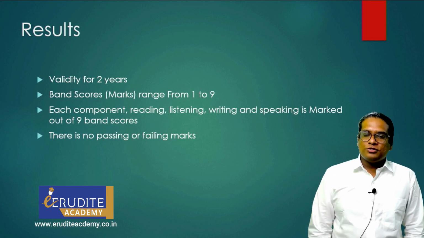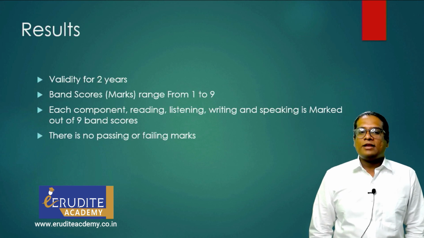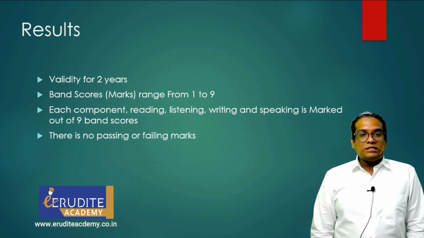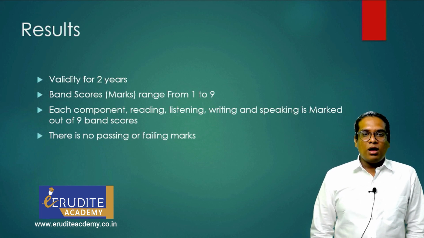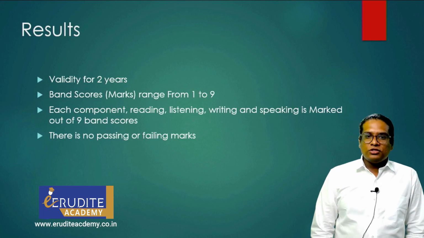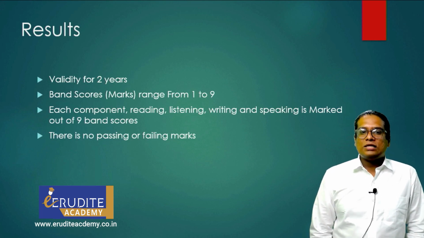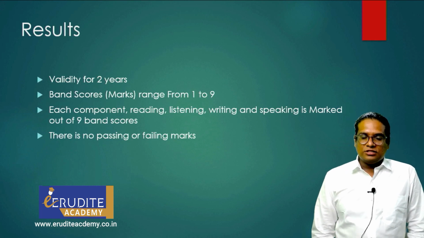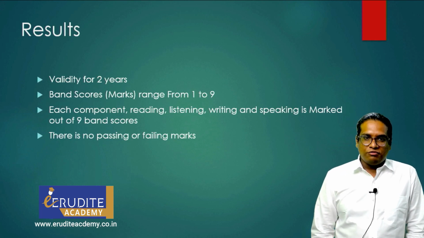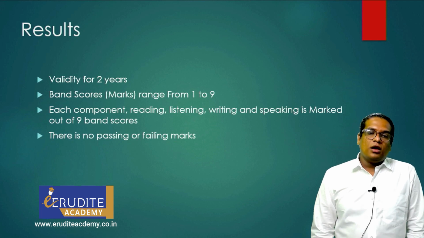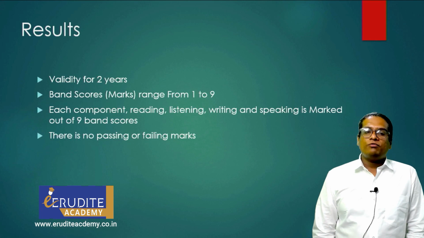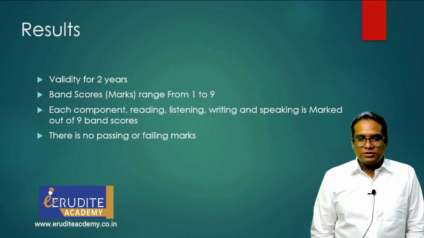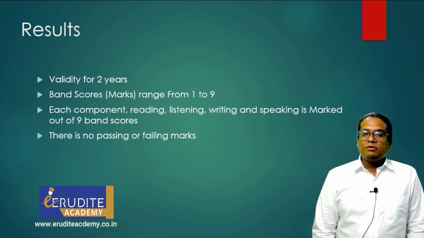IELTS evaluates students on a range of 1 to 9 band score. That means IELTS is of 9 marks. In IELTS language, 9 marks are called 9 band score. The scale of marking in IELTS is 0.5. This implies a candidate may score 5 band score, 5.5 band score, 6 band score, 7 band score, 7.5 band